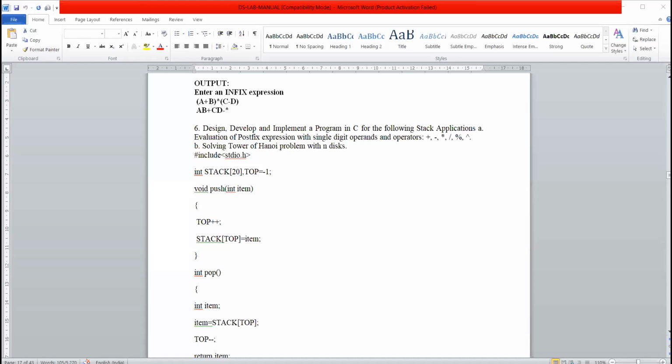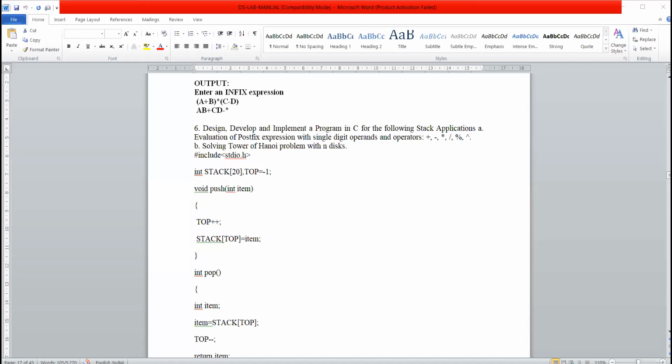What it is doing is popping the top two elements. The first popped value is stored in operand 2, and the second popped value is stored in operand 1, and then perform the respective operation. If it is plus, perform operand 1 plus operand 2. If it is minus, perform operand 1 minus operand 2.